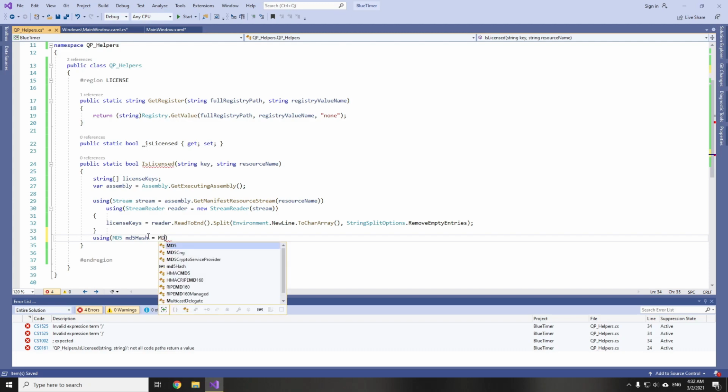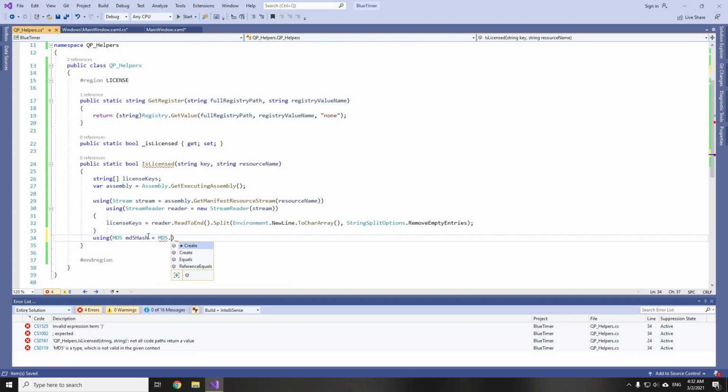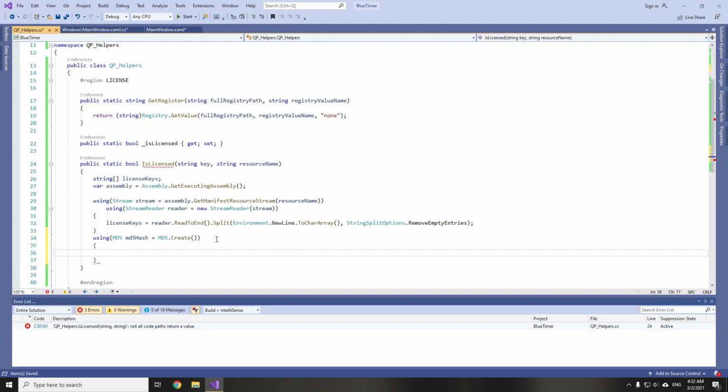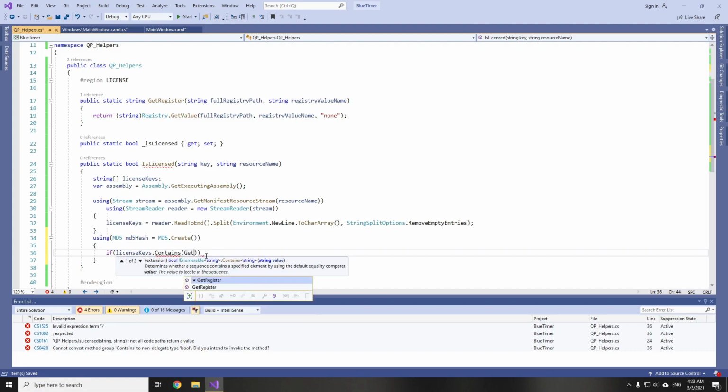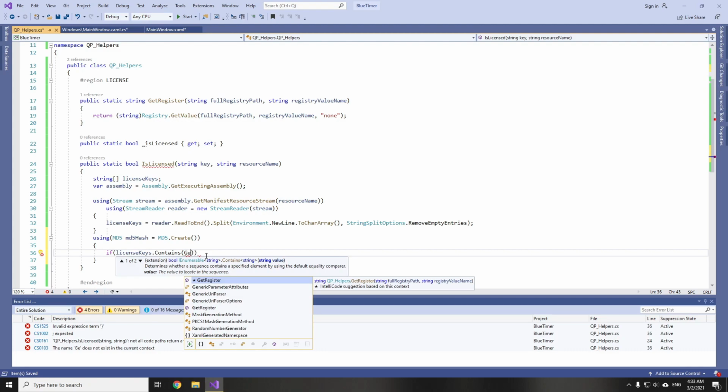So here you call MD5 and its create method. Don't worry, you don't have to understand how it works, just follow me along. So we check if license keys contains, so if any of the string values inside this array is equal to get